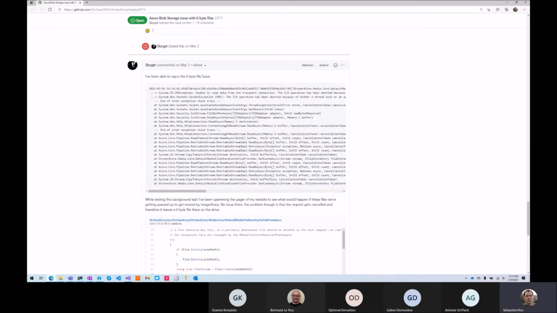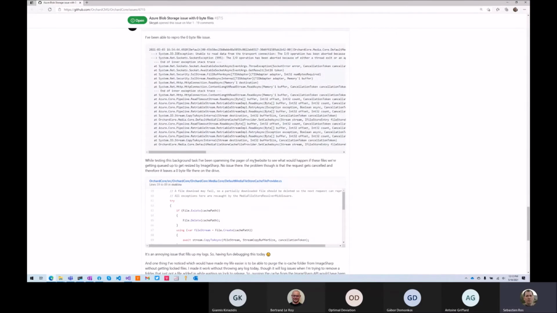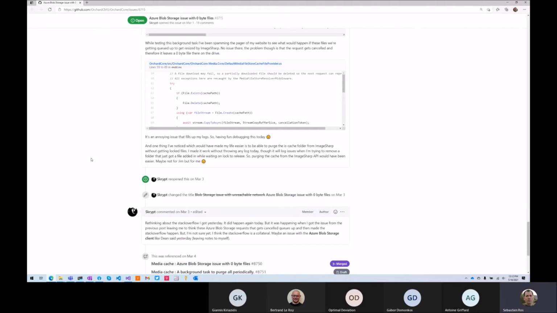I've been able to report the 0 byte file issue. What is in the task? Getting queued up to get resized by ImageSharp. The problem though is that the request gets cancelled and therefore it leaves a 0 byte file there on the drive. Okay, that's different.